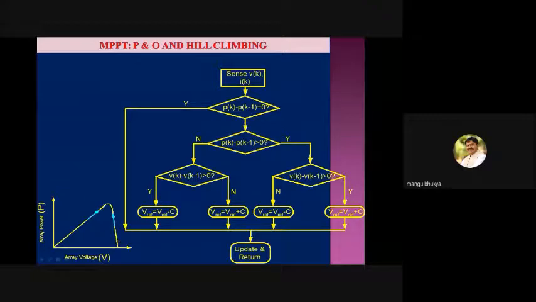By sensing this, we are using this concept. By using the interface circuit, we are increasing the voltage seen by the panel, and we are also measuring the power from the panel. Voltage increasing, power also increasing means I am before the MPP point. Then what action will I take?